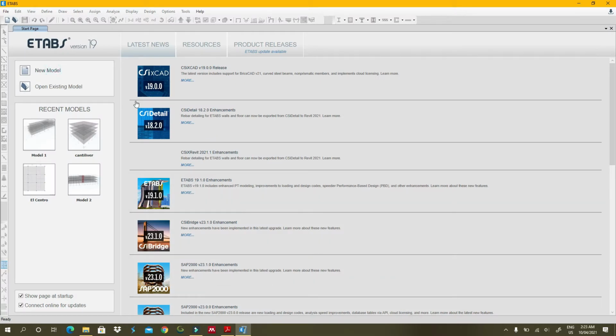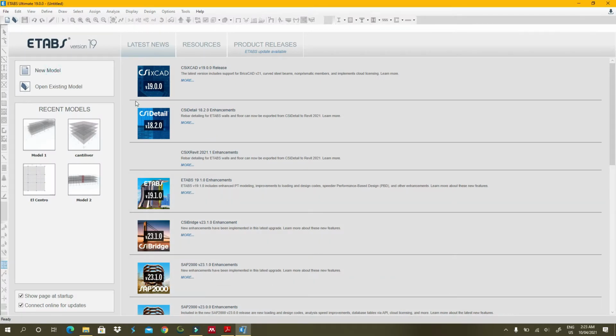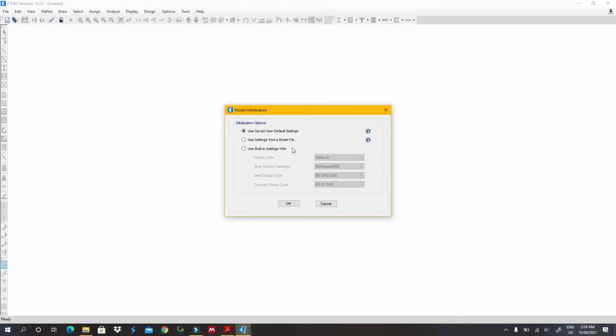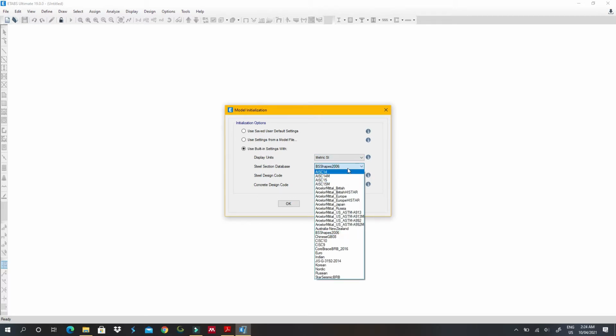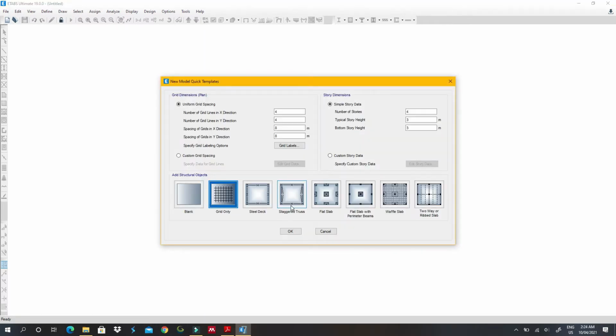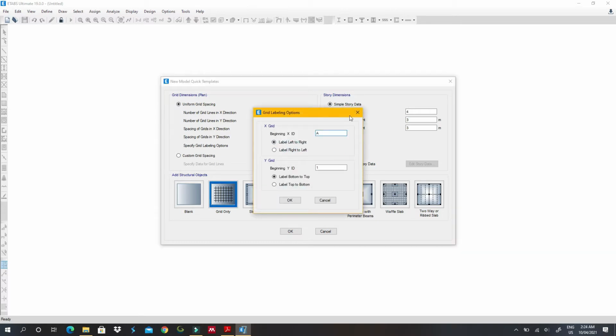So what you want to do is go to new, and then here you can go here to use built-in settings, and then you can choose on my side I'll use metric with these BS standards, but British standards. But if you want, you can choose American or whatever the standard that you need. Okay, so after that I'll just click OK, and then I'll go to grids, and then edit,